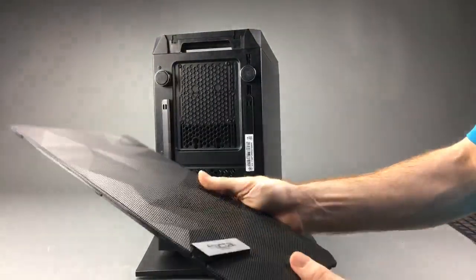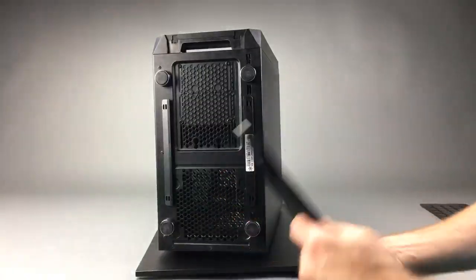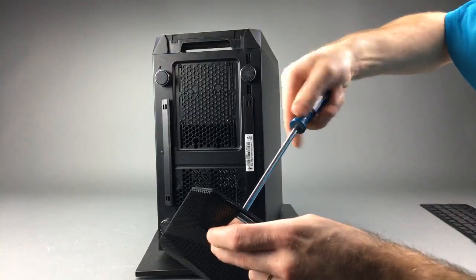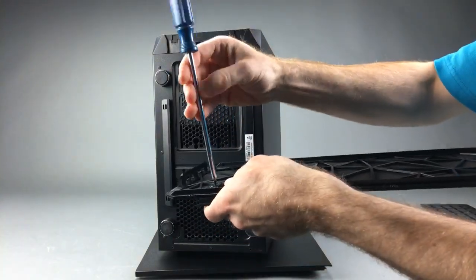Now that badge looks like it's removable. It is, but it's not very pretty when you do. Not gonna lie. Maybe an opportunity to do something custom, take it and replace it with something else, or...